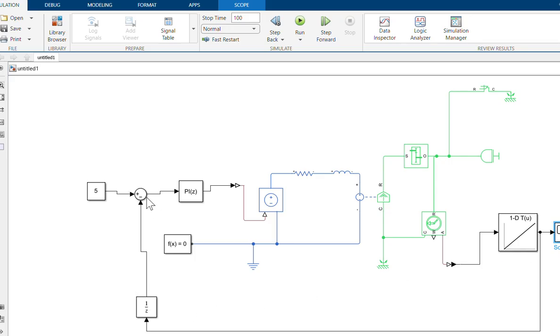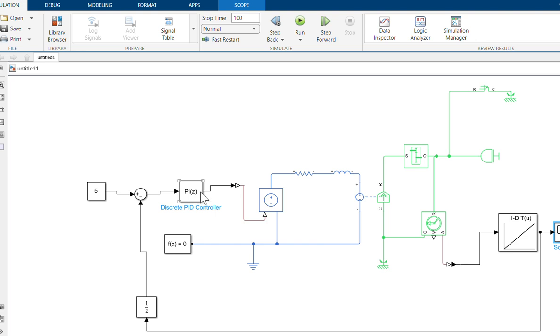This integral value takes all this area and multiplies by the integral parameter as a value. It gives us these time domain values.